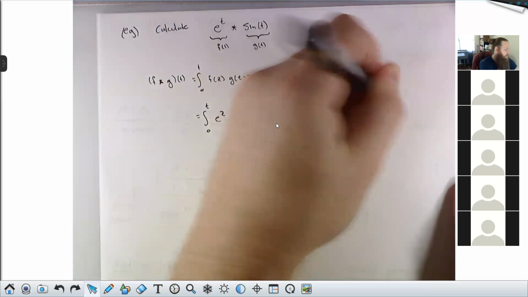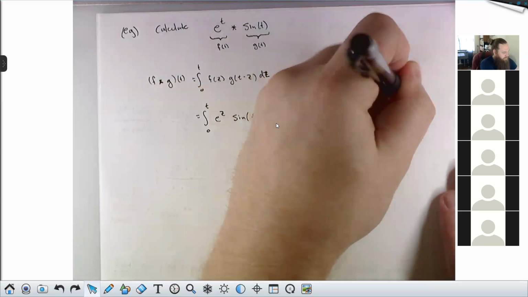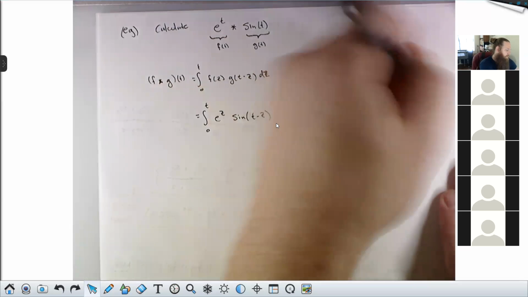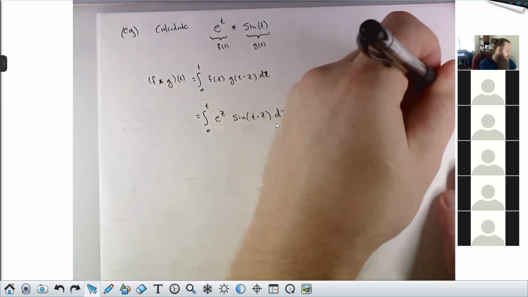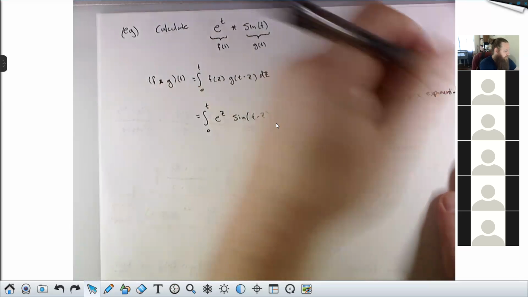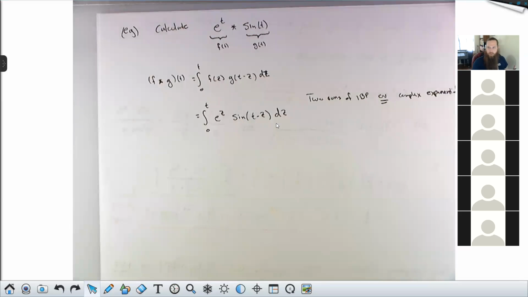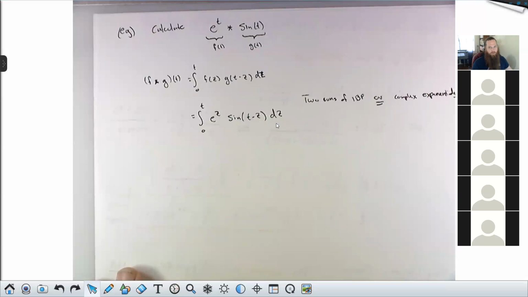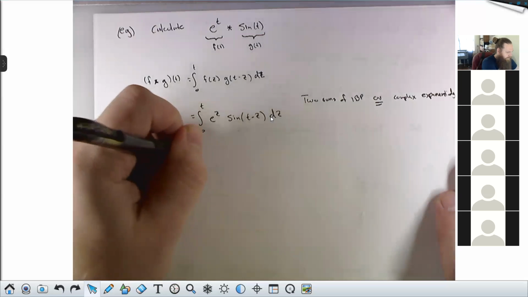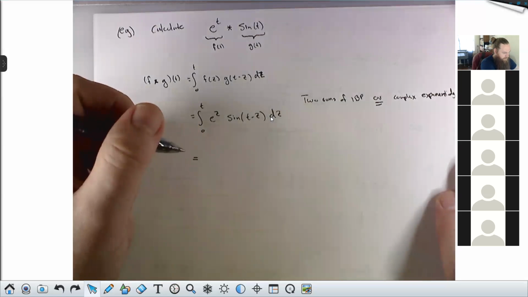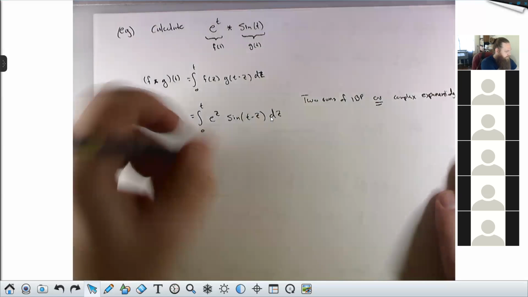Or you can attack it with complex exponentials. So it's a looping integral if you do it the Calc 2 way. If you do it the way we did when we found the Laplace transform of sine and cosine, you just write sine as a complex exponential, or the imaginary part of the complex exponential. The integral is not the end of the world, but what we're going to get out, if you remember your